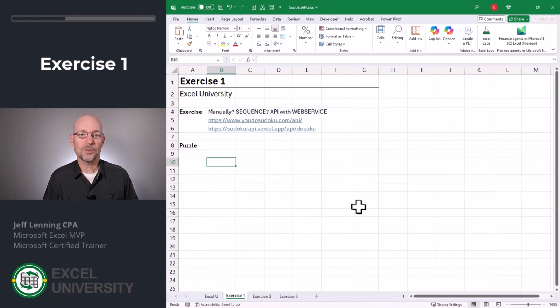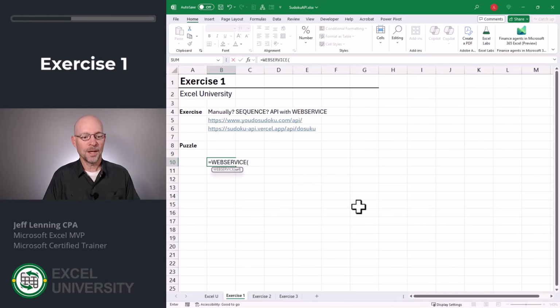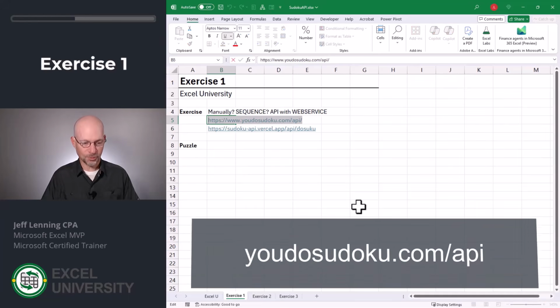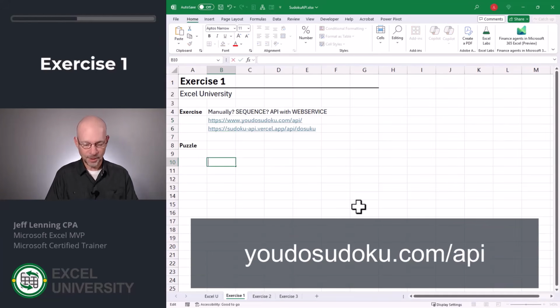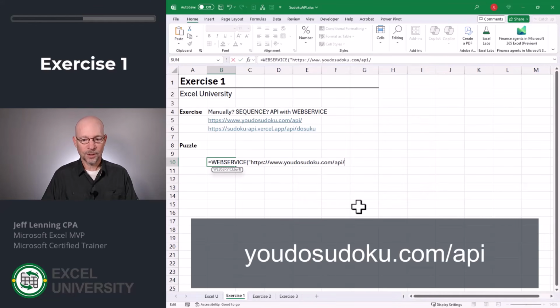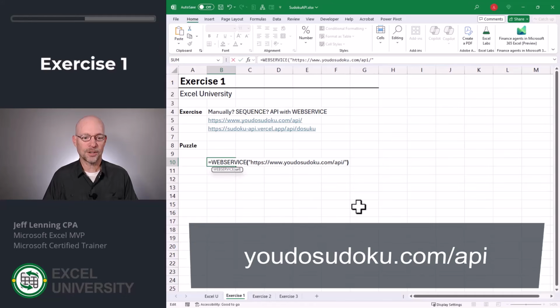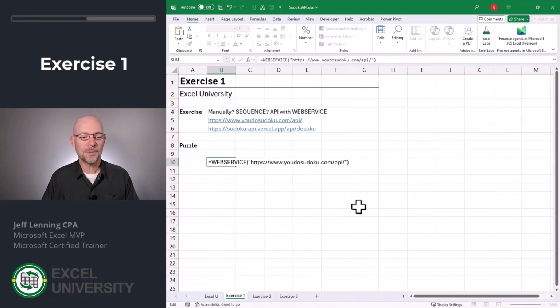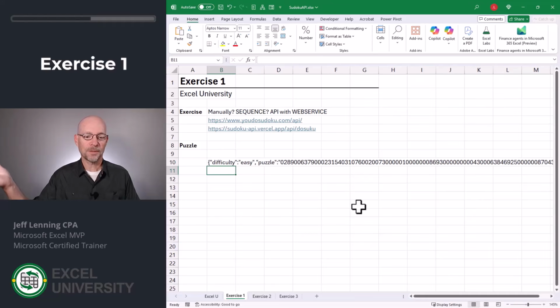And the good news is, with Excel, we can call an API using the WEBSERVICE function. So it looks like this, equals WEBSERVICE. And here we provide the URL. Now rather than retype the URL, I'm just going to cruise up here and copy this one. And then I'm going to go equals WEBSERVICE, quote, paste everything, close quote, and close function. So we're passing it the API URL. And we hit enter. So it goes out to this web service and it brings back this text string, which